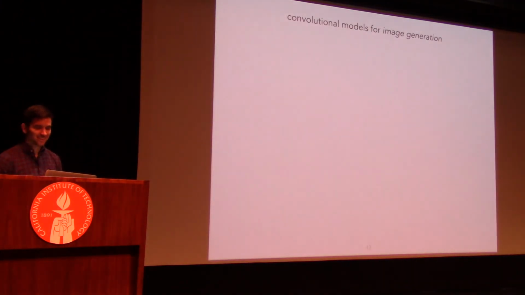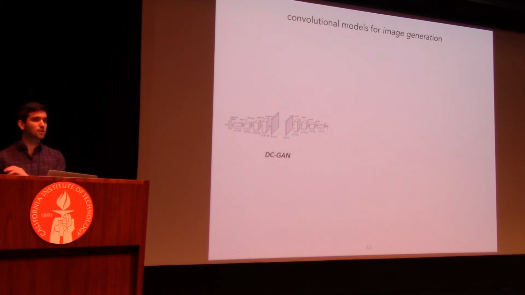Okay. And then we haven't really talked about it yet, and I'll talk about this more when I give the next lecture on generative models in about a month. But convolutions can also be applied to image generation. So instead of taking an image and trying to extract information, you're taking some representation and trying to generate the image pixels. One popular model is this DCGAN, which we'll talk about,